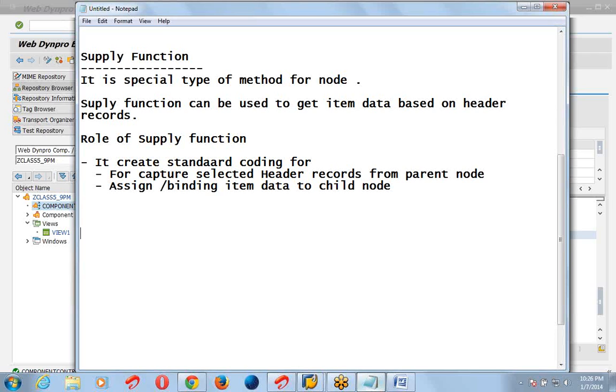In that code, there is code to capture the selected header data record from the parent node, and to assign or bind item data to the child node.